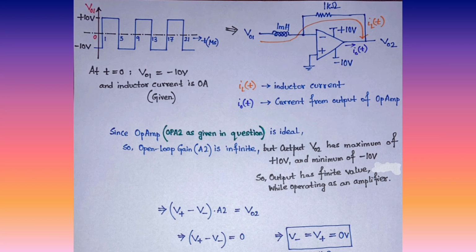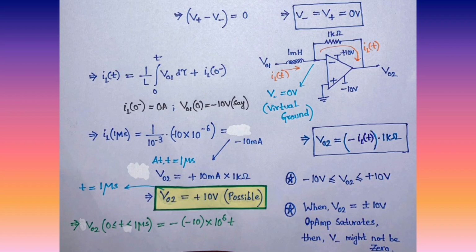We are just ignoring it for simplicity, and we are considering that at T equal to 0, although there is no switching circuit given, my output VO1, which is actually the input to the second circuit, is minus 10 volt, and my inductor current is 0 ampere. And the current flowing through the inductor can be calculated by this integration,